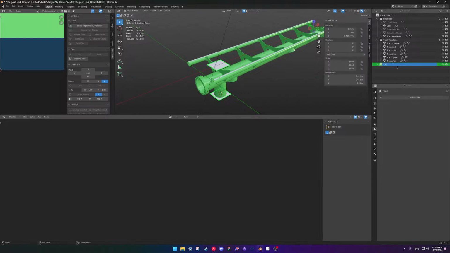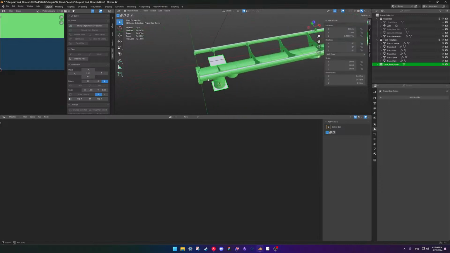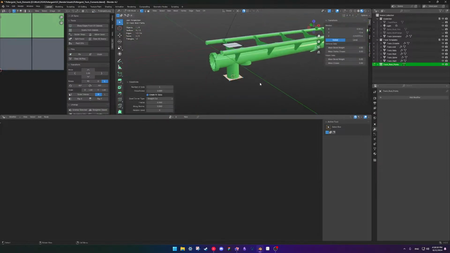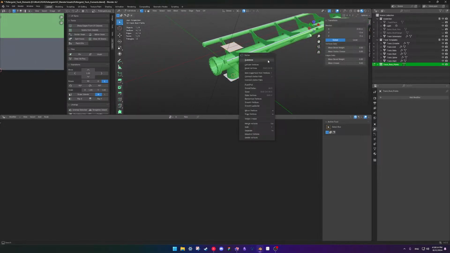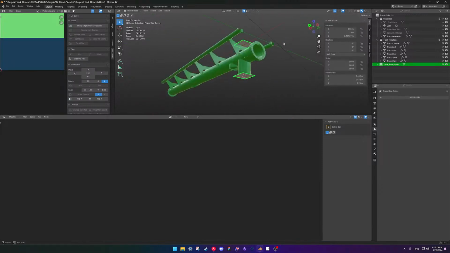So this is going to be track route points. Actually, maybe it would be easier if I subdivided these so I can attach it to the point there.